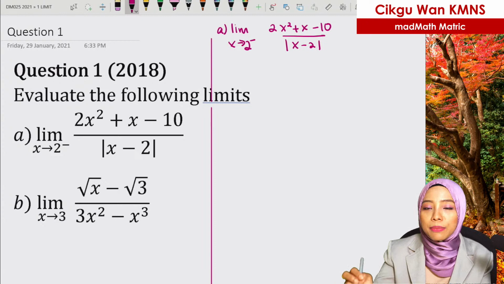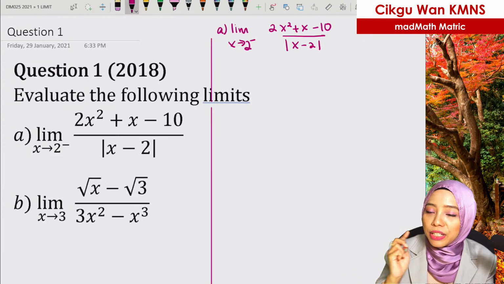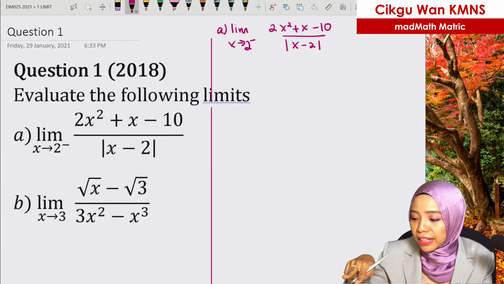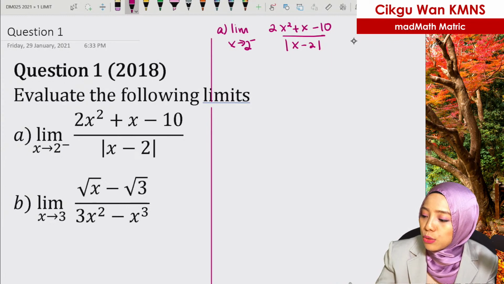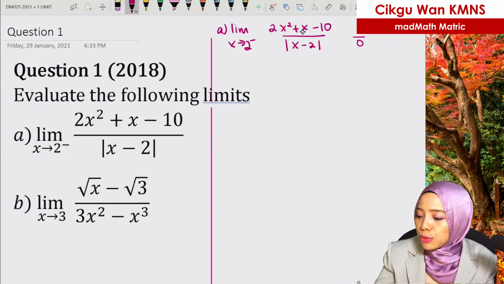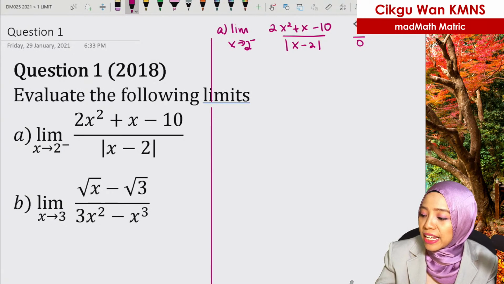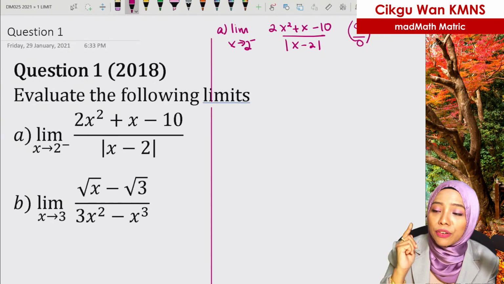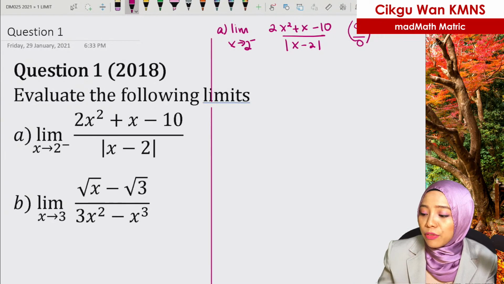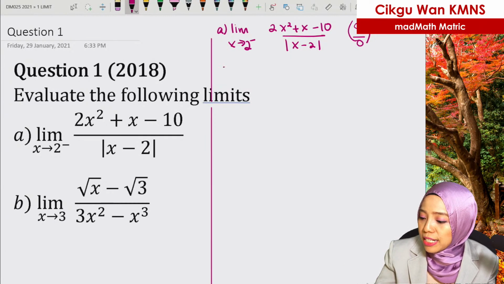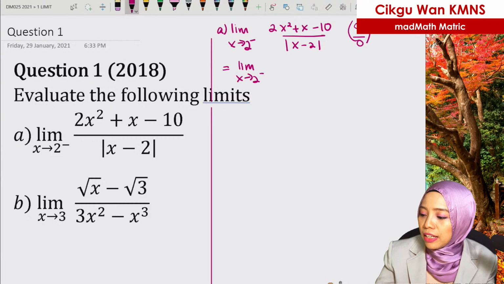Okay, once you substitute, what did I say? You give an attempt at direct substitution. What do we get? 2 minus 2, you get 0. And then 2 squared is 4 times 2 is 8, plus 2, 10. 10 minus 10, you get 0 over 0. Therefore, since it is an indeterminate form, what you're going to do is factor the function. Okay, so what is the factor of the function? Limit x approaching 2 from the left. Okay, so 2x